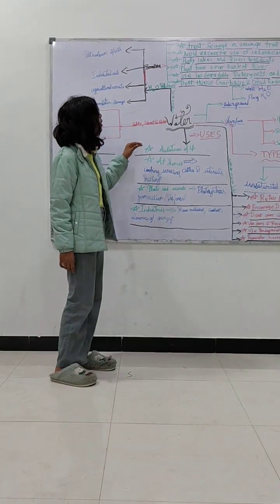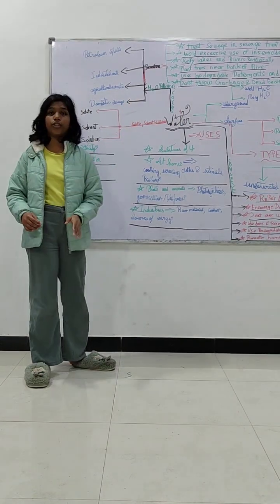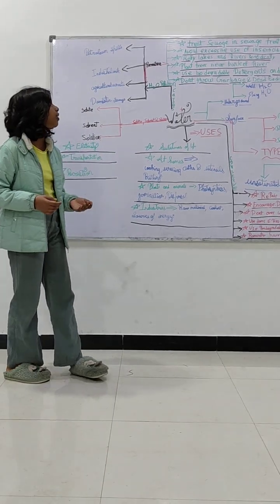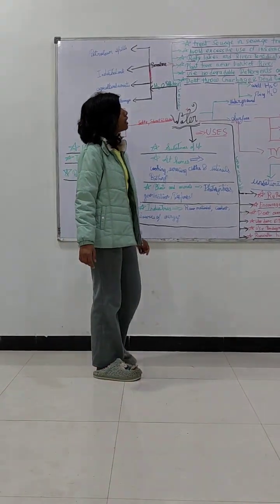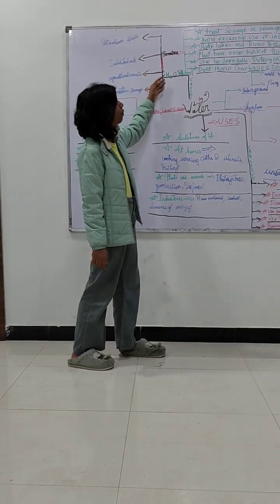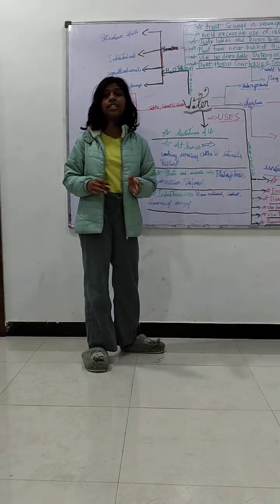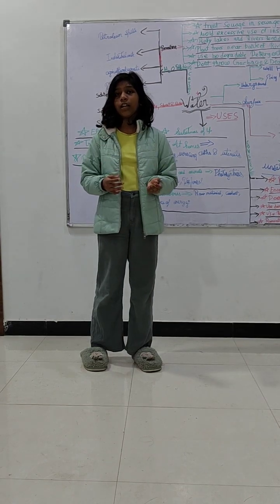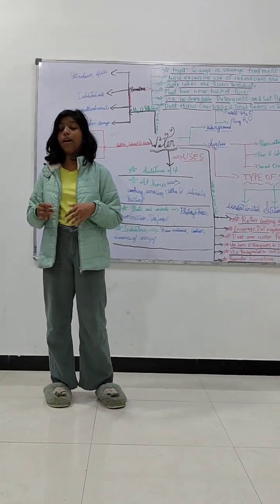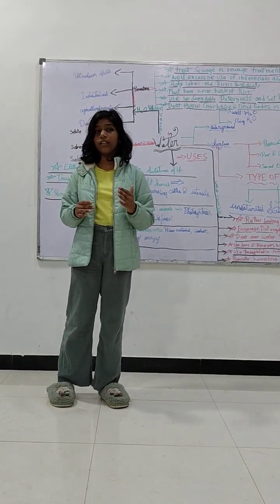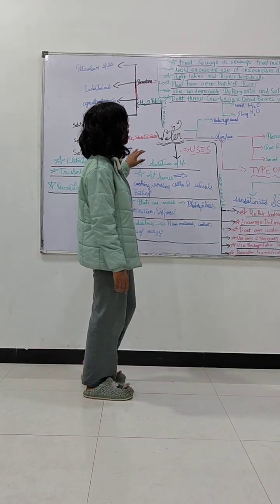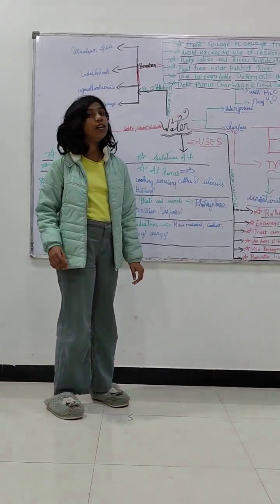Now we'll learn how to prevent water pollution. There are some tips to prevent water pollution, which are: first, treat sewage in sewage treatment plants, and the second is to avoid excessive use of insecticides and pesticides. Why should we avoid the excessive use of insecticides and pesticides? Because they pollute the water and also the soil. Then purify lakes and rivers periodically.